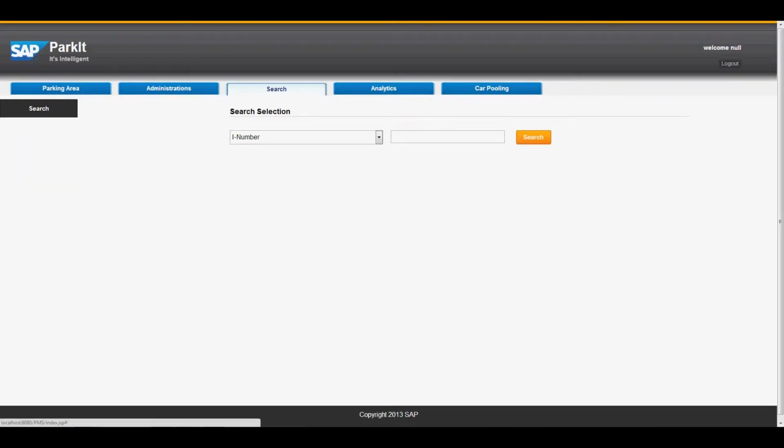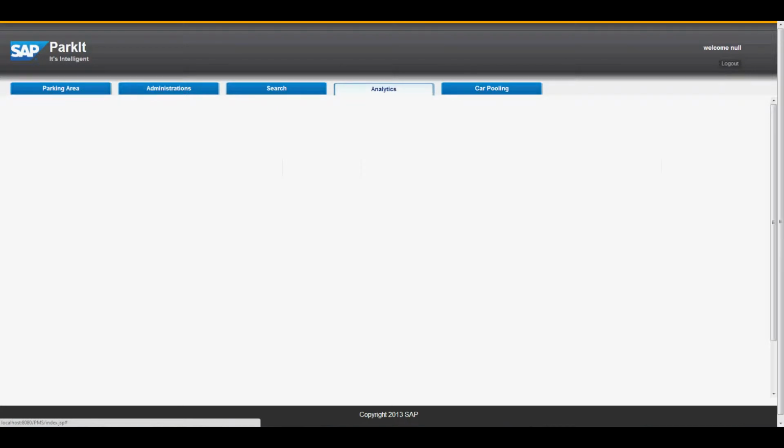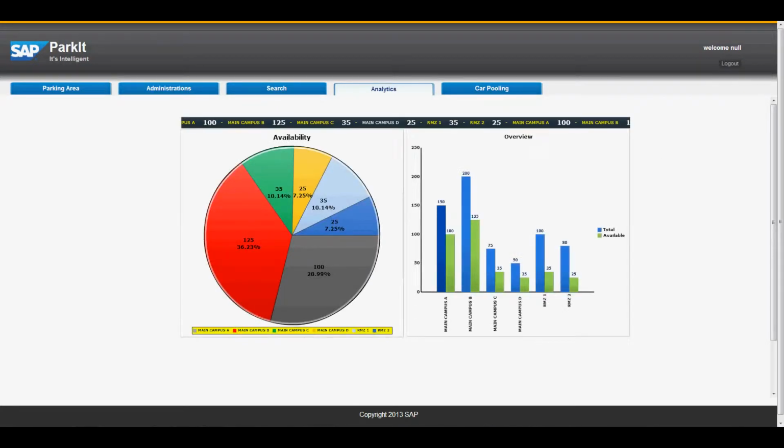Now, in the search tab, we have an I number as well as a vehicle number. This search can be used by the admin in case an employee wrongly parks his car or leaves his car at night, or for which he is not authorized. The Analytics tab is the future extension of this application. Like you can send real-time data to the user's mobile app, such as the parking rate, or for different days, Monday to Friday, what the parking availability is, the various analytics which can be done on SAP HANA can be done with the help of this.